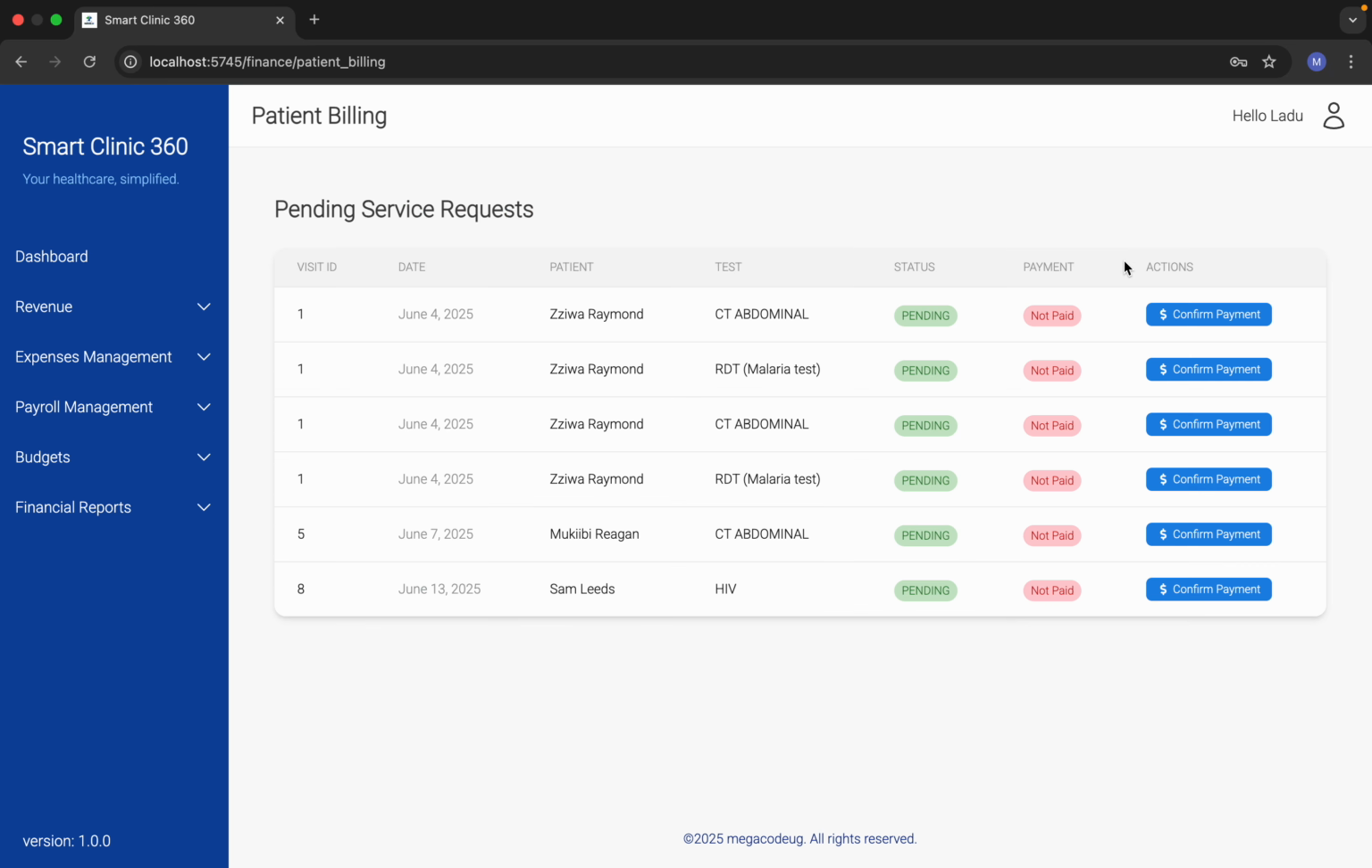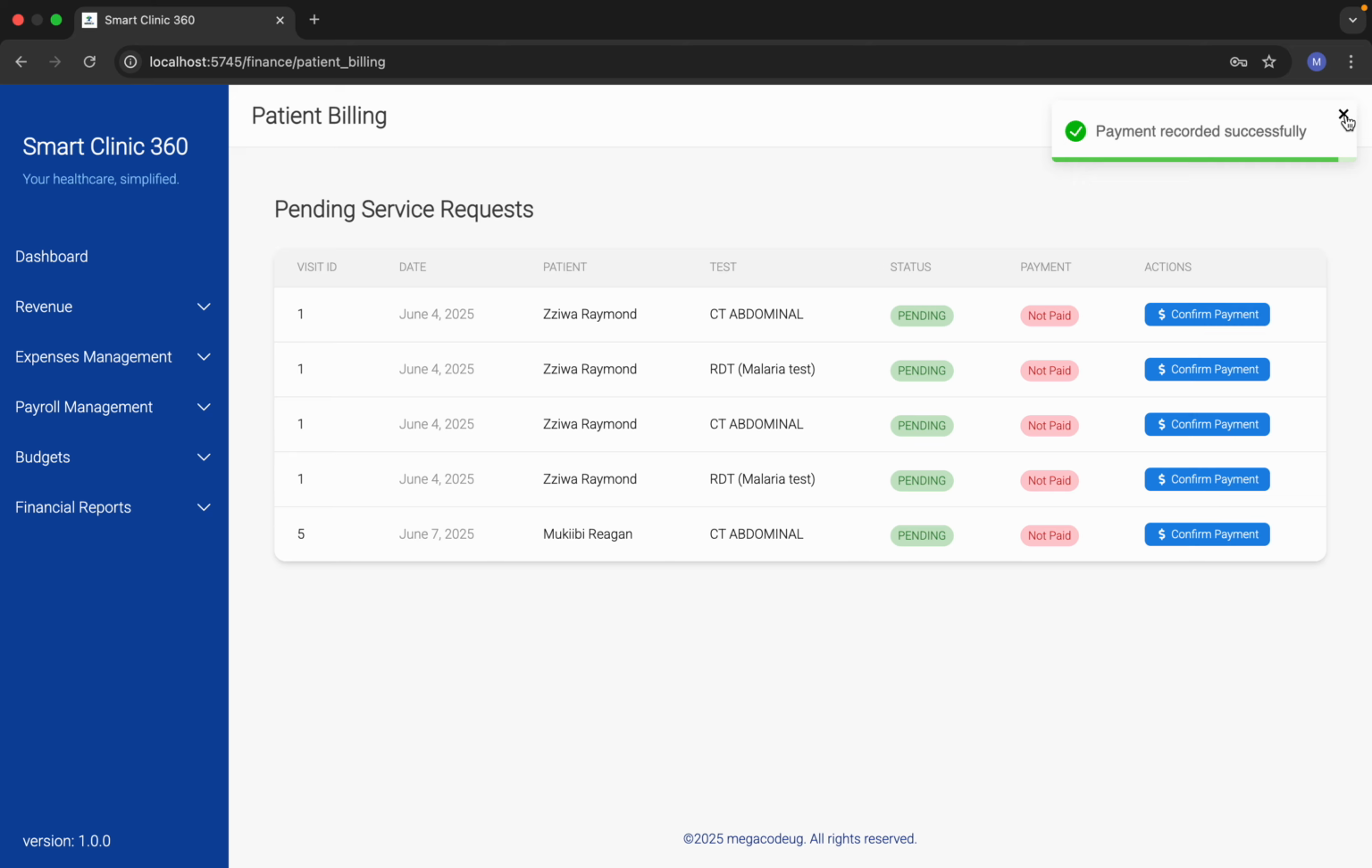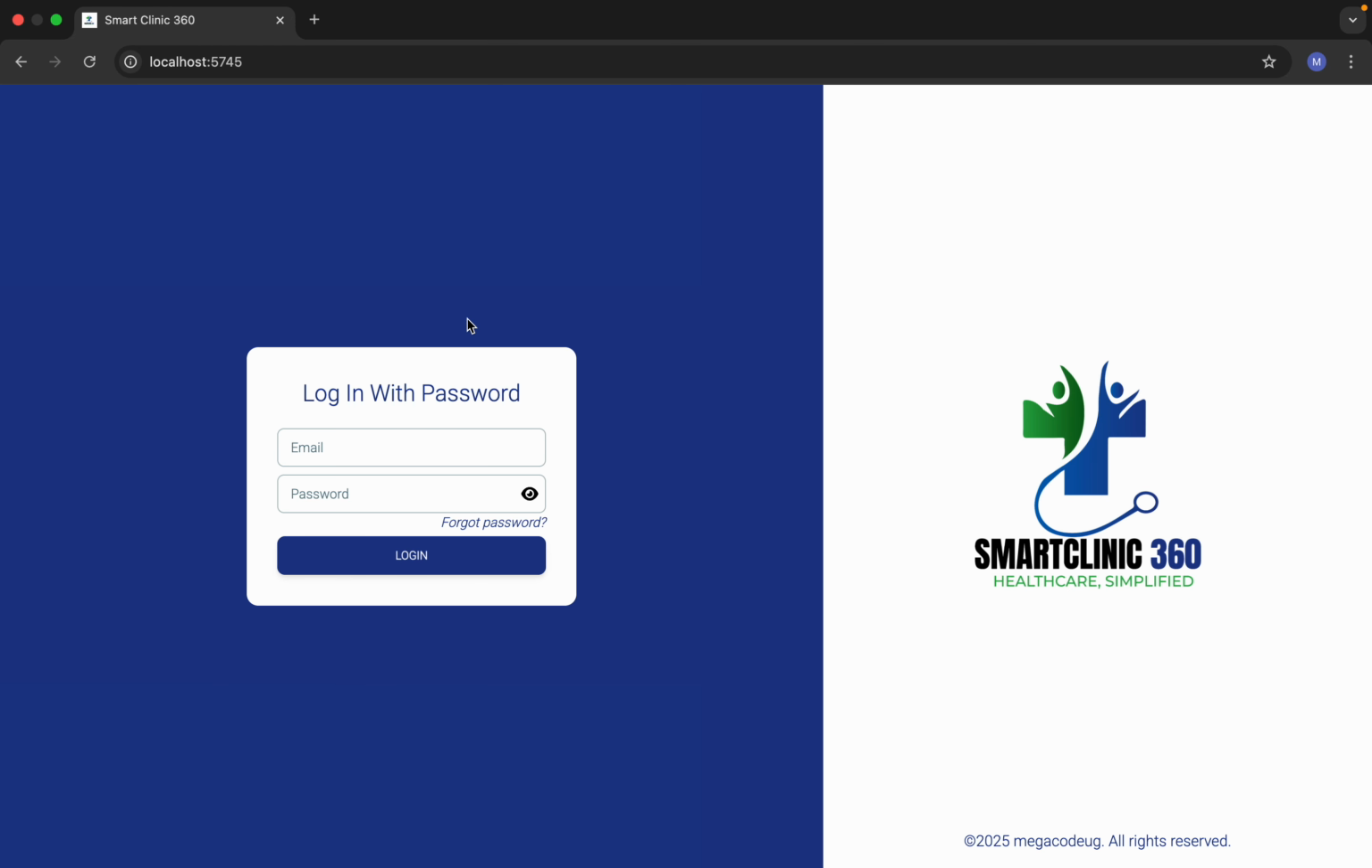Yes, unpaid services, some leads HIV. We're going to confirm our payment here. Payment method is cash, and we submit. Once that is recorded successfully, we sign out. Now in the lab department,